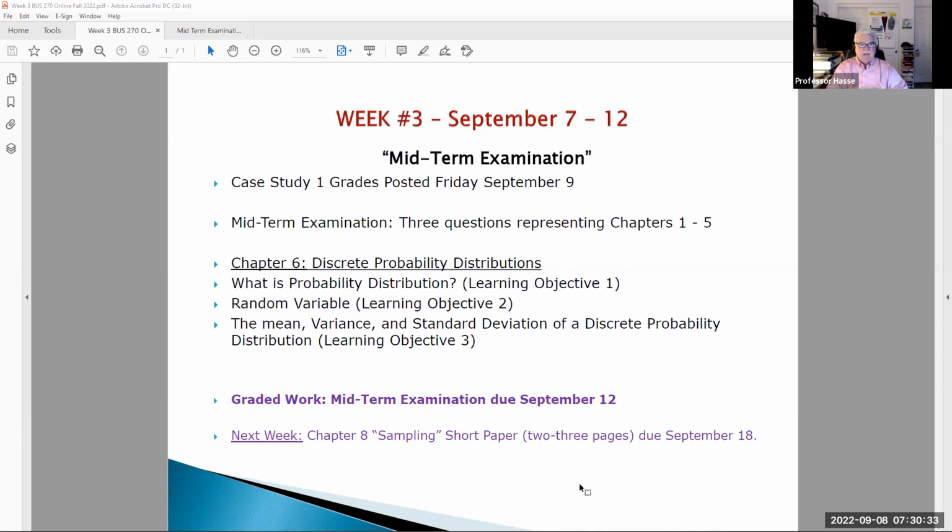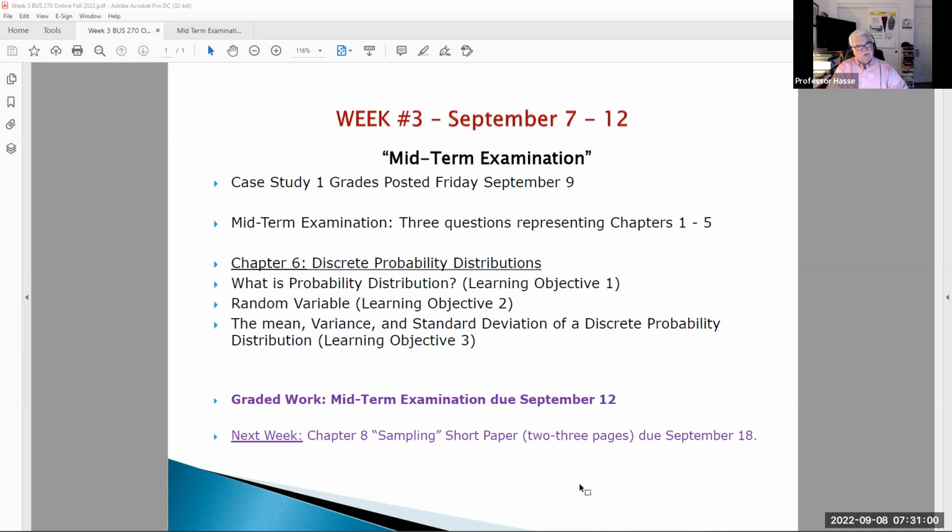the week, and then tomorrow, today is Wednesday, September 7th, and then on Friday, September 9th, I will be giving some more details about the midterm and all that. The midterm is due on Monday, September 12th, not Sunday. You get an extra day, Monday, September 12th. And I'll go more into that in a few minutes. But it's on chapters 1 through 5.